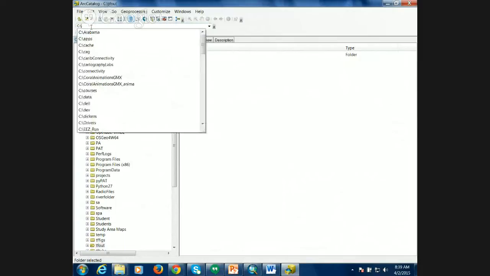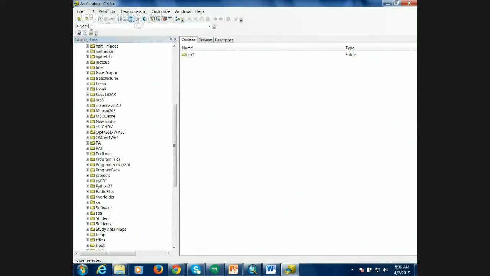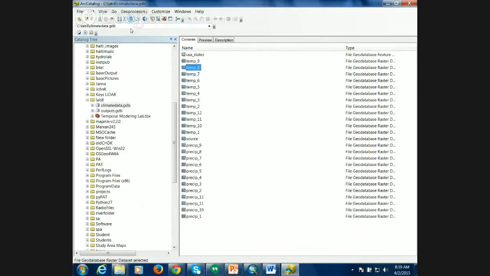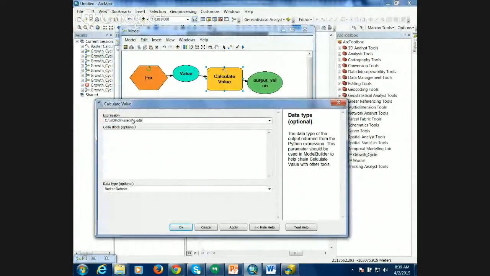Just because I'm a bad speller. Lab 8, climate data, Control C. So that's the path, and then we're gonna type the